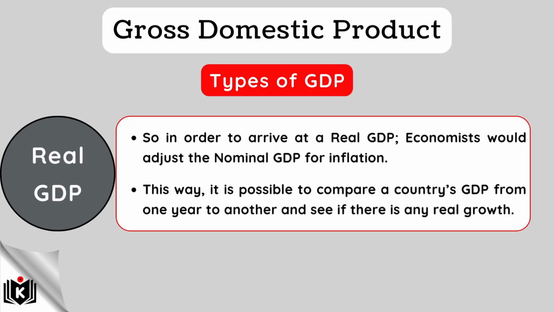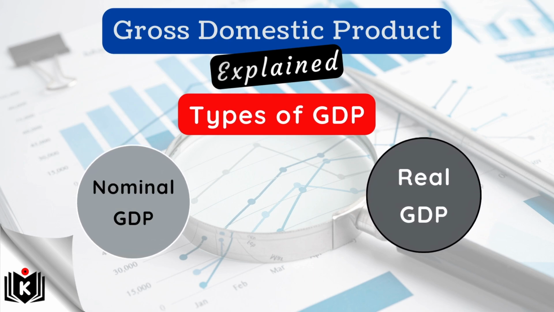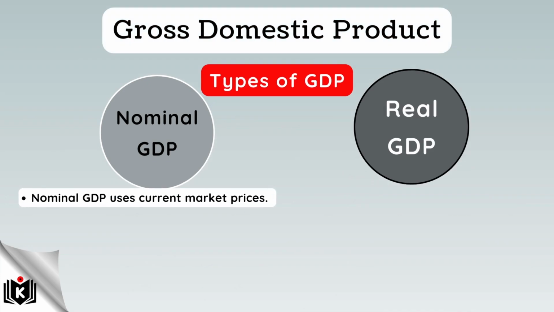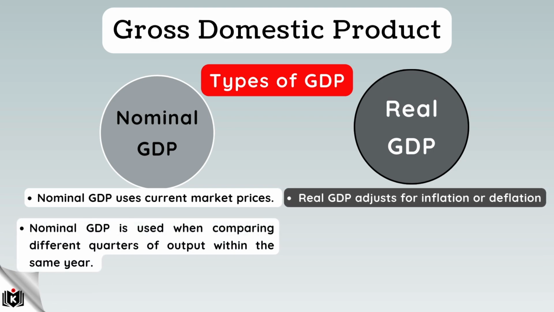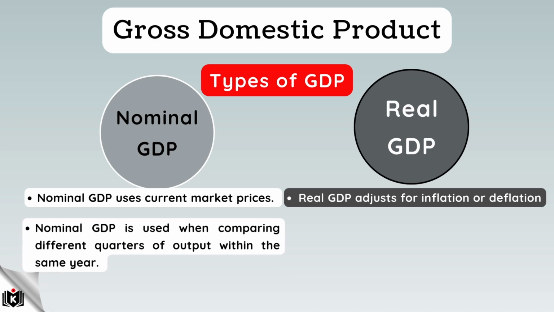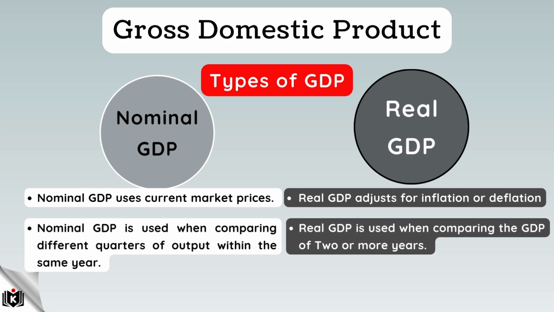any real growth. The main difference between nominal GDP and real GDP is that nominal GDP measures a country's economic output using current market prices, while real GDP adjusts for inflation or deflation, providing a more accurate representation of a country's economic growth. Nominal GDP is also usually used when comparing different quarters of output within the same year. But when comparing the GDP of 2 or more years, real GDP is used. This is because, in effect, the removal of the influence of inflation allows the comparison of the different years to